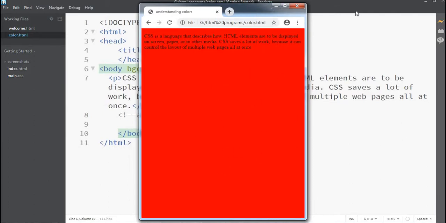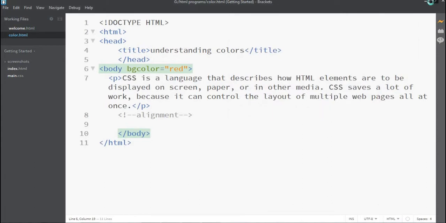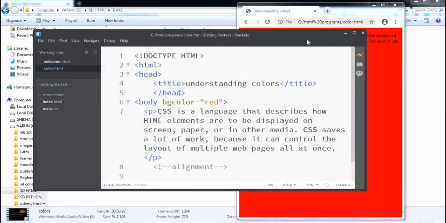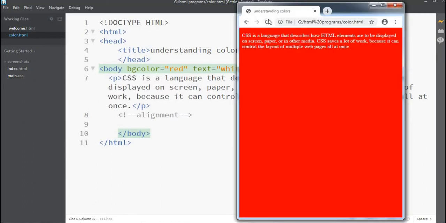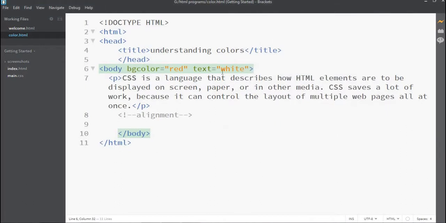Okay, if you want to change the text, see, if I want to change the color of text, like text, and the BG color is red, so I'll just try to change the text color to white. See what it will do. It will directly change the text color to white, and the background color, BG color, is red. Okay, so also if you want to set the background to an image,